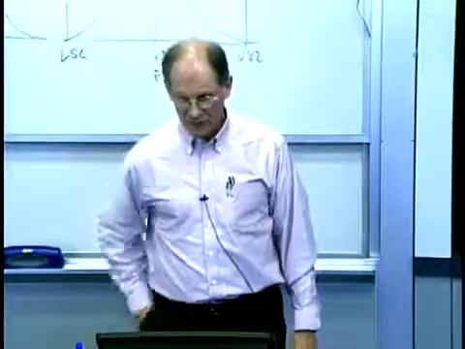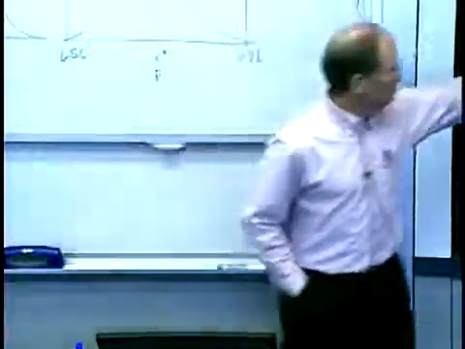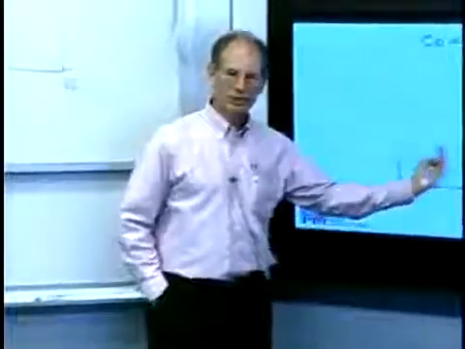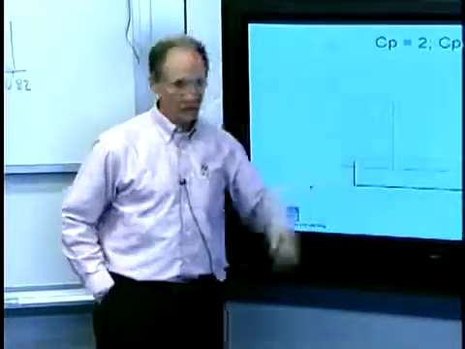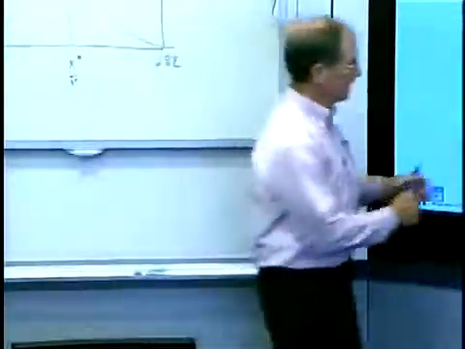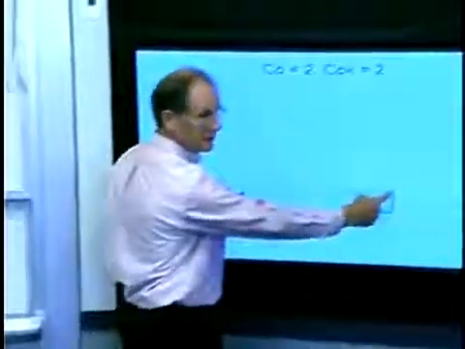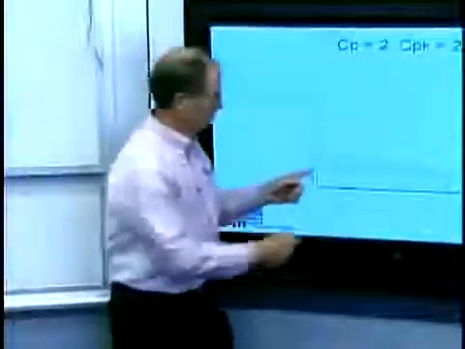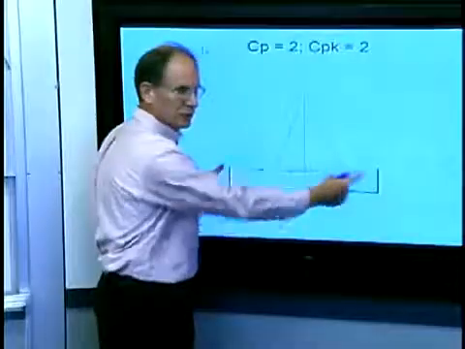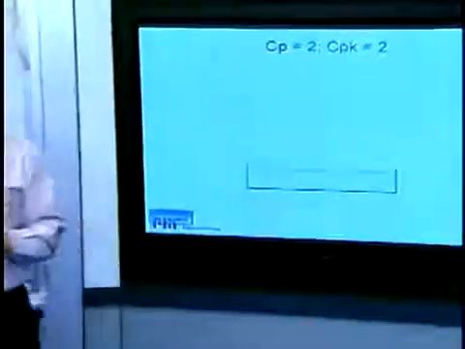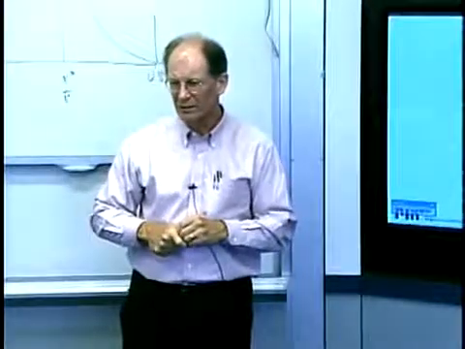And that, if you calculate, gives you a CPK of 0. Here's another interesting one. CP went up to 2 because I narrowed the distribution, but it wasn't centered. And so I got a CPK of 1. This is really good. This is now plus or minus, can you see that's plus or minus 6 sigma out to here? So what's the likelihood of making a bad part now? Couple per million, I think.